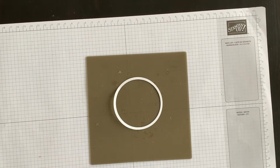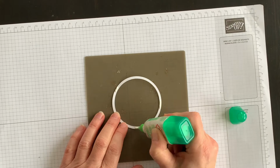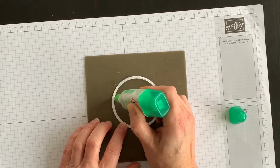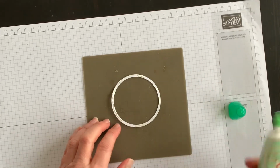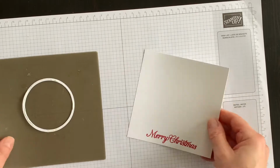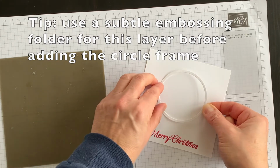I want to start by using some liquid glue on the circle that I die cut, or the circular frame that I die cut out, and I'm going to use some multi-purpose glue, and I'm going to adhere that down first onto the front of my card, or this layer for the front of my card. So that'll be the first thing I'll do. Try and get it nice and centered,